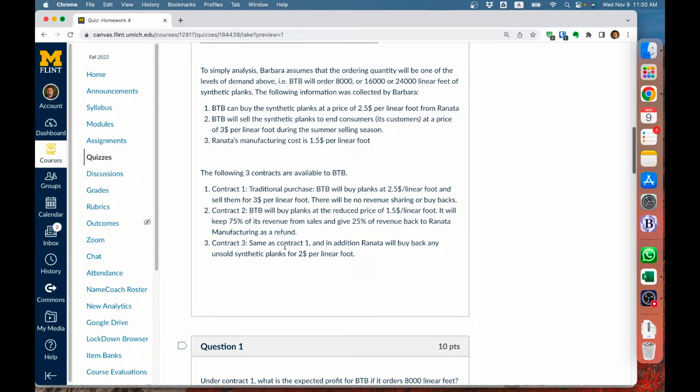You have a plank you couldn't sell, there's no demand for it, it's gone. You made an investment of $2.5 and you have nothing to recoup for it. But instead of losing $2.5 per linear foot, now the retailer will only lose 50 cents per linear foot. So they have a lower cost of extra inventory that can encourage the retailer to order more than they normally